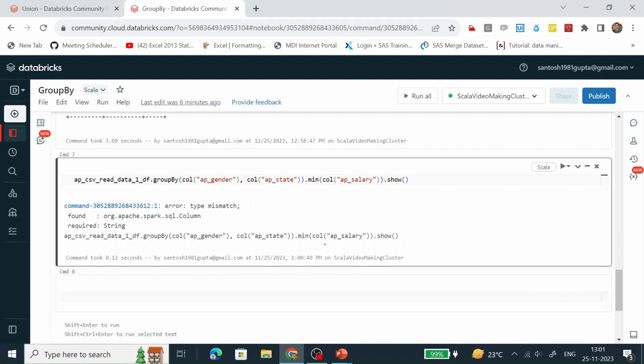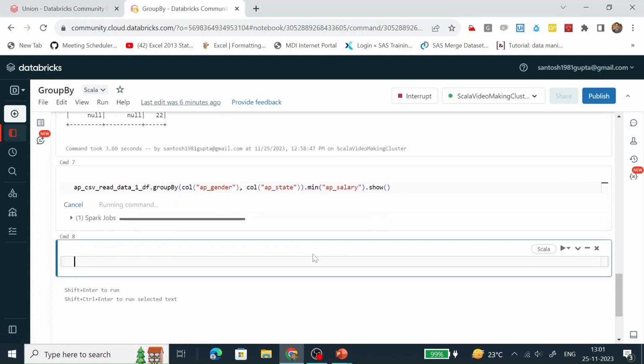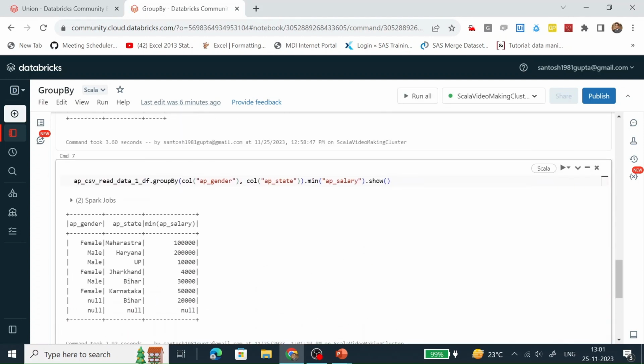Okay, maybe this min function will not take a column as a parameter, it takes a string. So let's run it. We can see in this group, this is the minimum salary, and in this group, this is the minimum salary. In this group, this is the minimum salary.